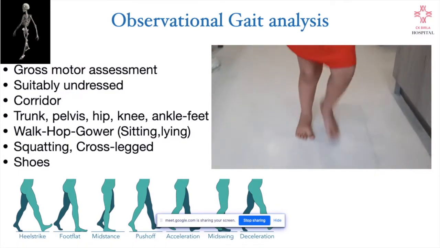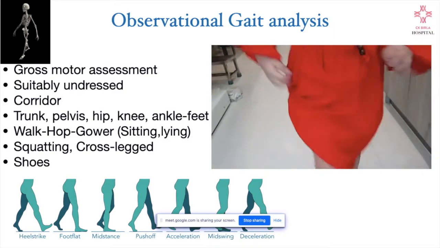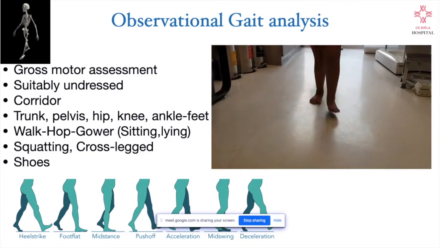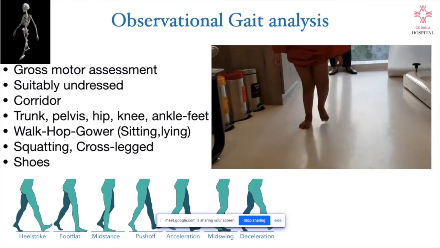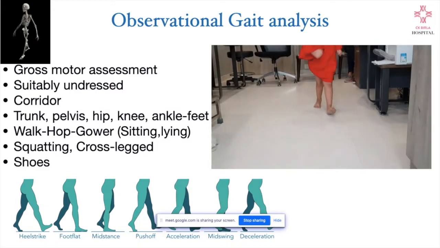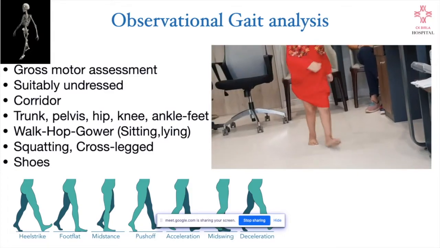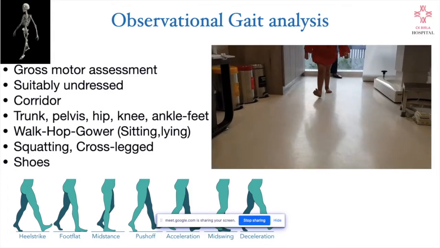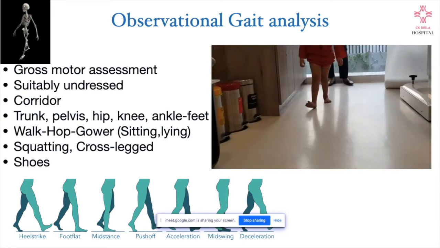So the foremost important thing we do in examination is an observational gait analysis. Whenever a child comes in our clinic, a thorough examination in a corridor, for at least a good amount of distance. This longer corridor is important to carefully assess what is going on. Now you can assess the motor strength of the child, and of course see the gait alteration.